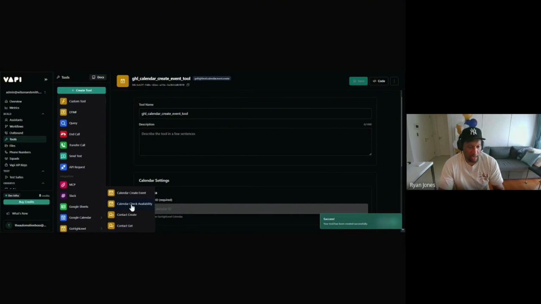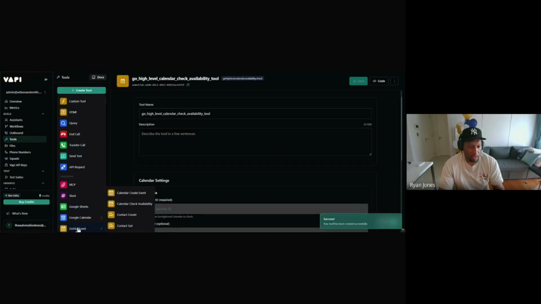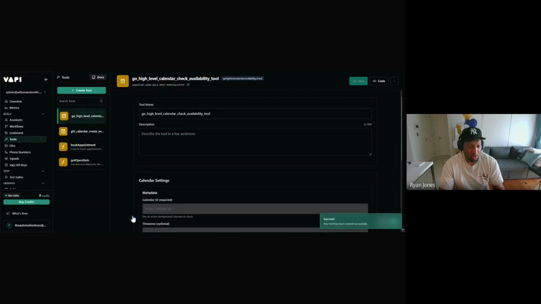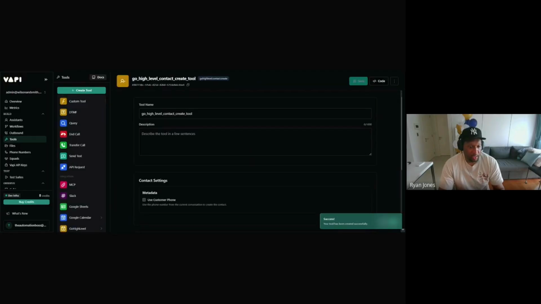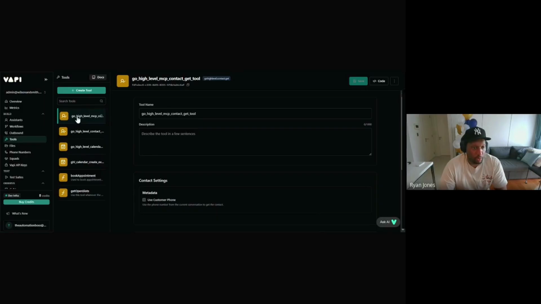So let's add calendar check availability. Let's add contact create. Let's add contact get. So we should have all 4 of those new Go High Level tools added. So we have all 4 here. Now the next thing we need to do, we need to go back to the little cheat sheet, because these tools need to,